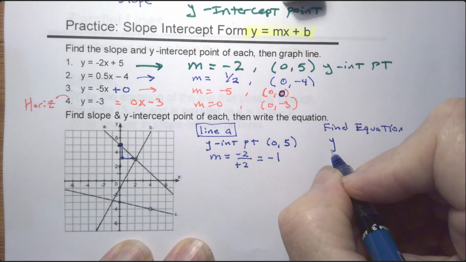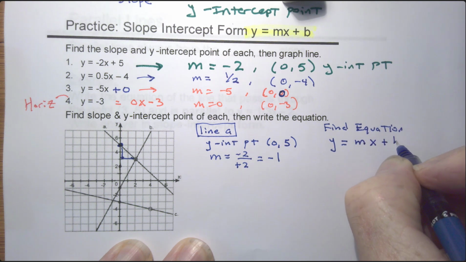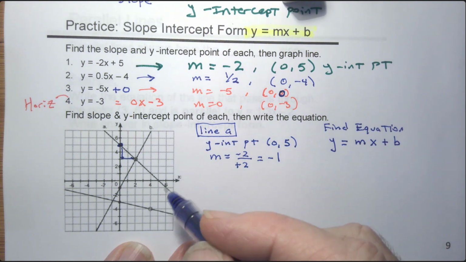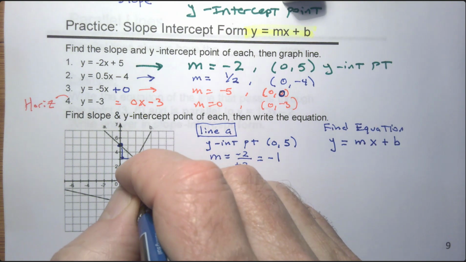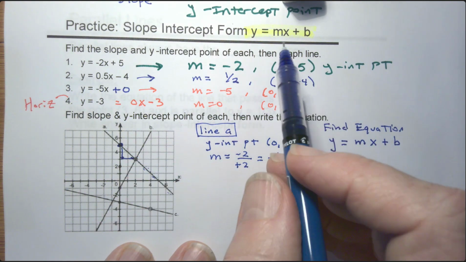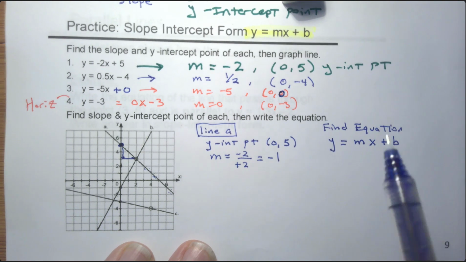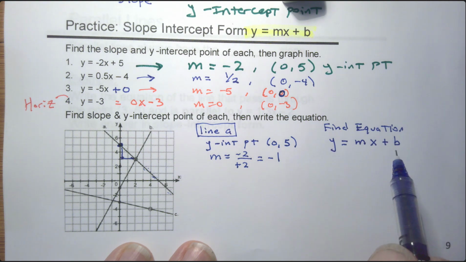Well, y has a formula, mx plus b. Now, x and y are always variables. They are the xy variables that make all the points. There's infinitely many xy pairs. The m number and the b number are numbers. So x stays a variable, y stays a variable, but m is a number and b is a number, and